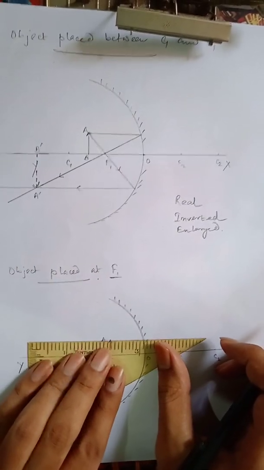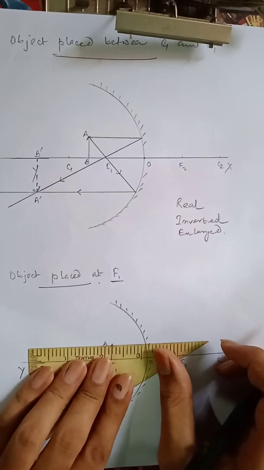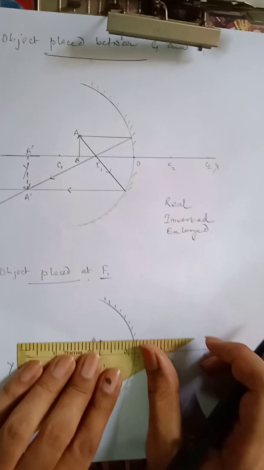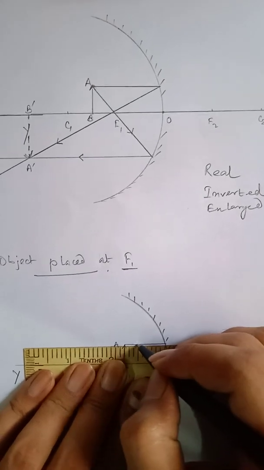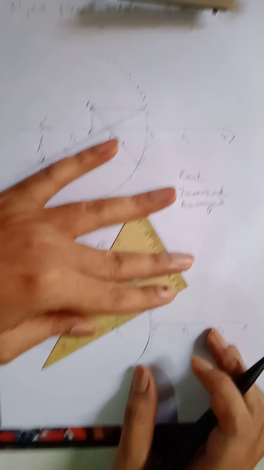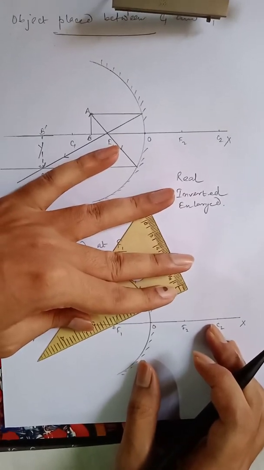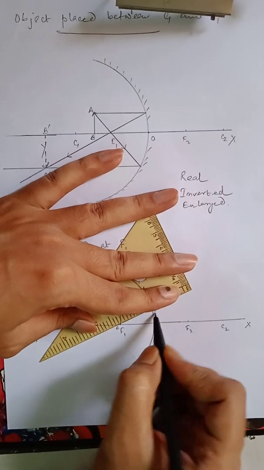So first thing is that if I follow the same procedure, rays are, first one is parallel, and of course after reflection it will